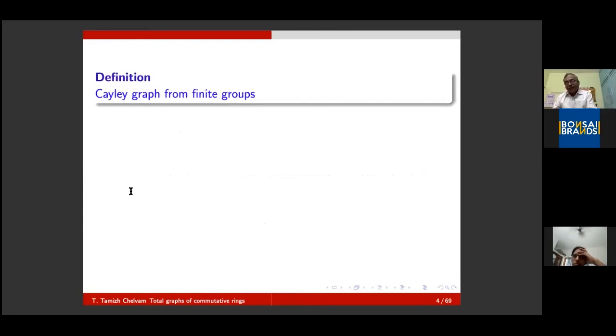As I mentioned at the beginning, there are graphs constructed from the addition part of the commutative ring. The motivation for this particular concept is drawn from the very famous construction of Cayley graphs from finite groups. As I mentioned yesterday, this construction was made in 1878 by Arthur Cayley from a finite group. Of course, at the time it was not called a graph, it was called a pictorial representation of groups. In fact, as Professor Vijay Kumar mentioned, the term graph was coined a little bit later.